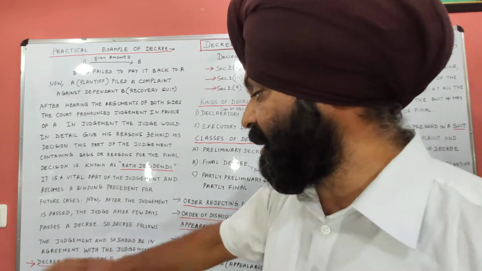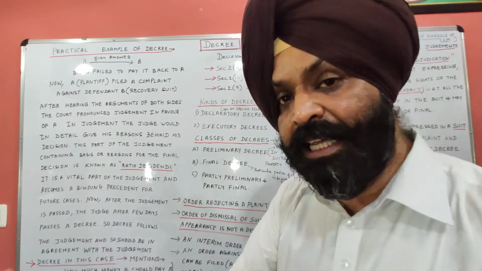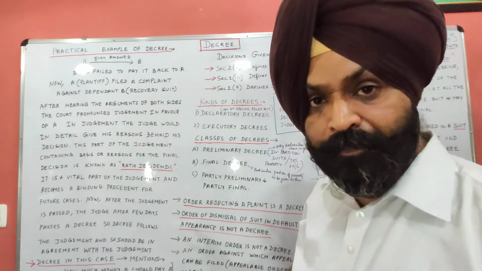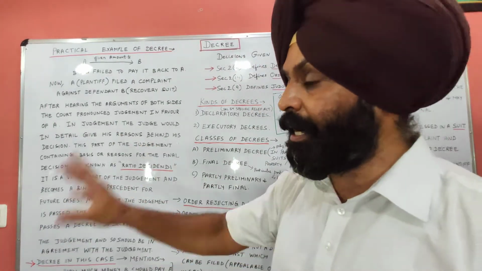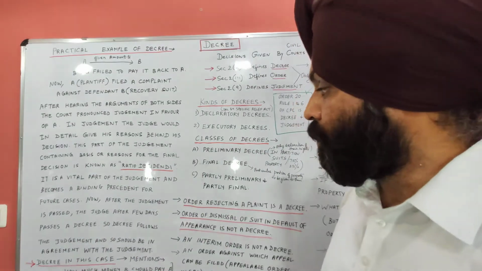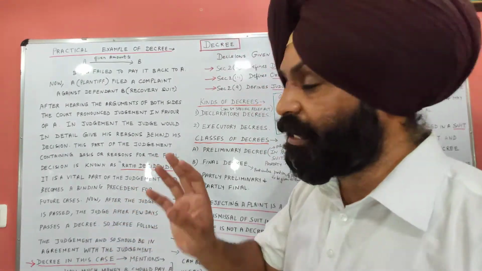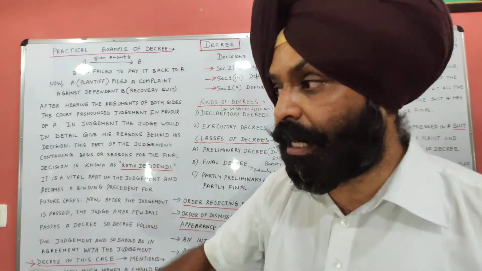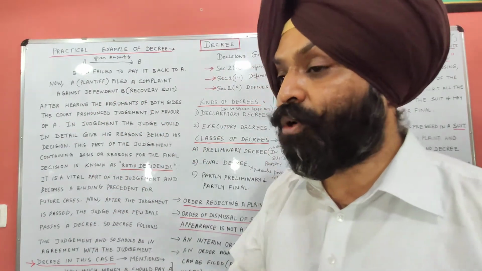So the decree follows the judgment and should be in agreement with the judgment. In this case, for example, A has filed a suit against B, it's a recovery suit, and the case is in favor of A. The court says that A is entitled to that amount. So if the amount is, for example, 70,000, the judgment will contain that A is finally the recipient of that amount, and B should give that amount to A based on this and this evidence, based on all the evidence and arguments and even the case laws. The judge comes to the decision that finally B has to give the amount to A based on these reasons